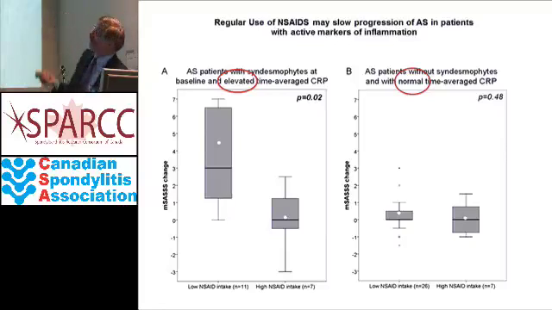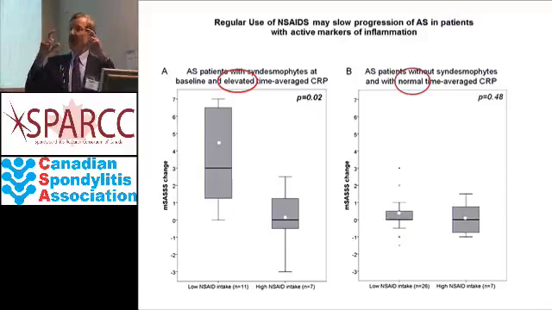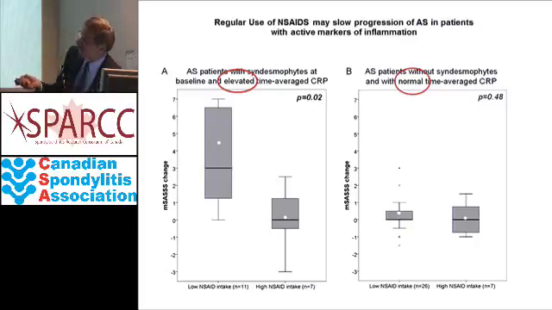And you can see here that patients that have an elevated C-reactive protein, so again, if you've had blood work done in our clinic, we follow particularly the sedimentation rate and the C-reactive protein as markers of inflammation. In patients that have these elevated markers in their serum, it really makes a difference if you're taking high dose or full dose anti-inflammatory drugs.